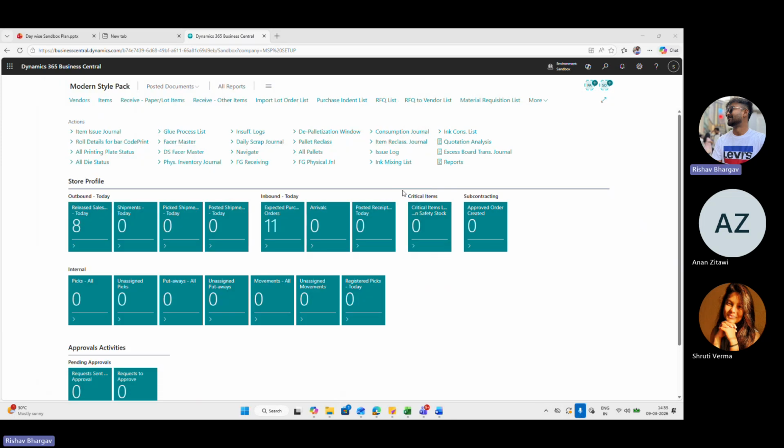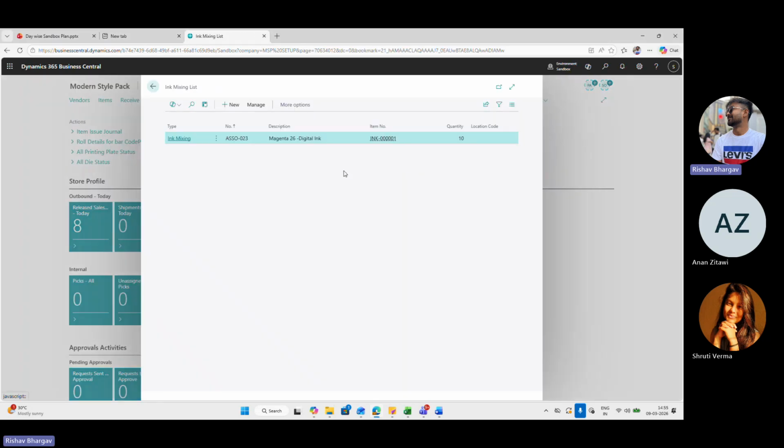Before doing the ink consumption, we generally prefer to do ink mixing, like how you will make the ink, or if you have already bought an ink, you don't need to do this process.